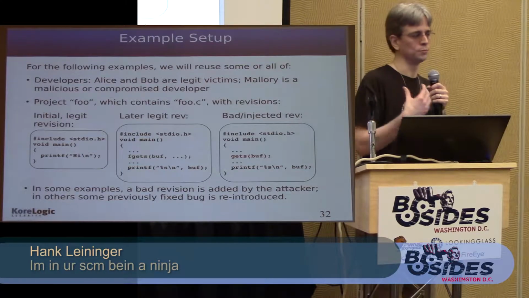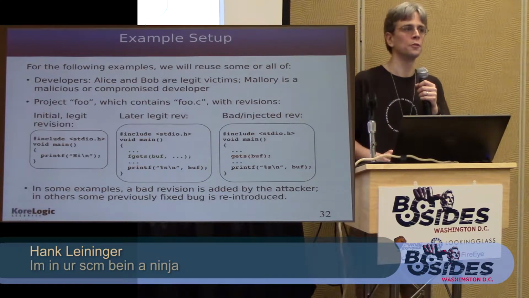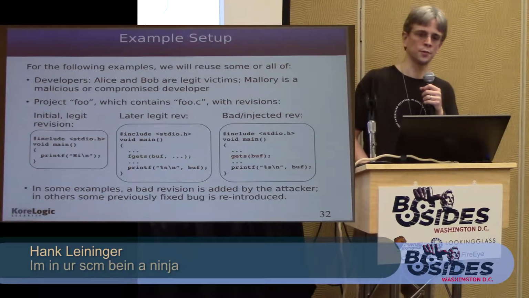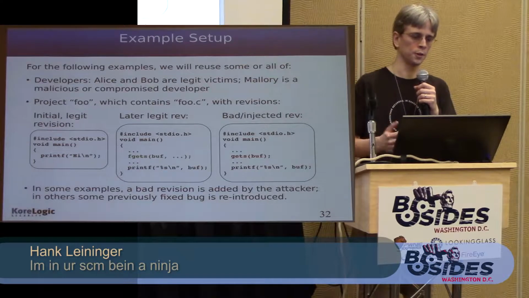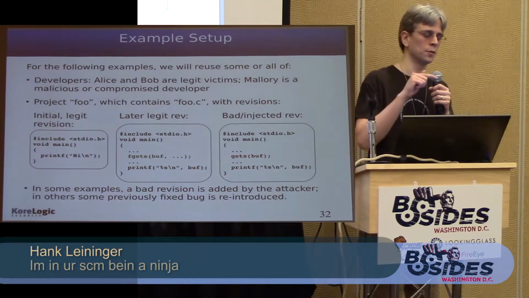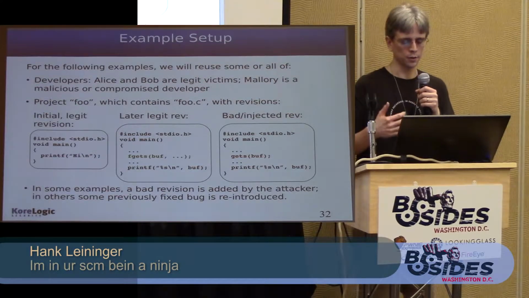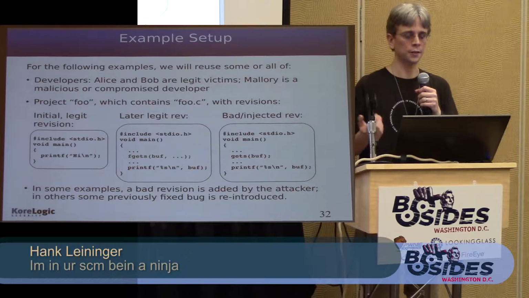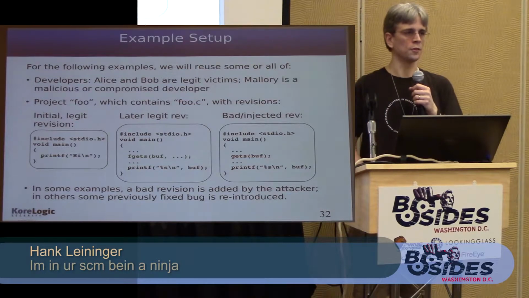We have approaches, they may or may not be solutions, to trying to find bugs by doing static analysis or by doing binary analysis, whatever. I'm interested in how does somebody deliberately get that bug in there without leaving an obvious trail or without being detected. So for my stupid examples, I'm changing this fgets to a gets,